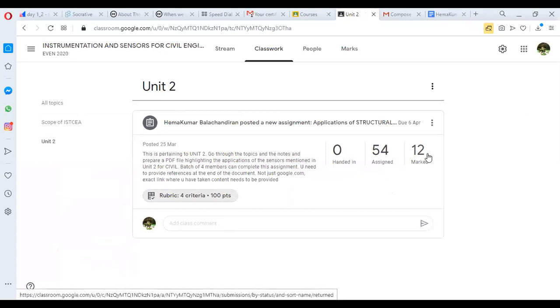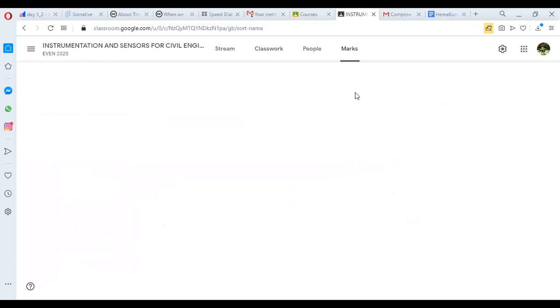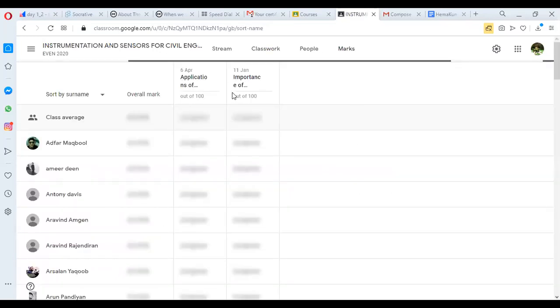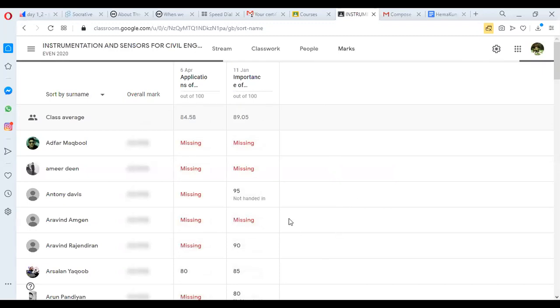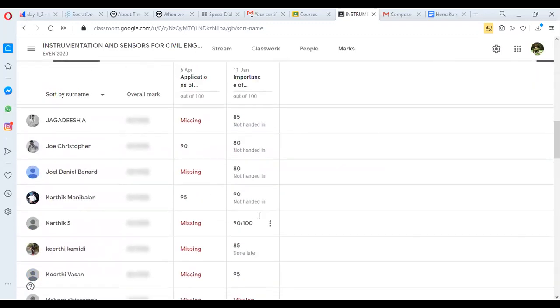54 assigned, 12 marked. Okay. So all this, and final marks will be displayed over here. So final marks will be displayed over here for each and every student who has submitted their work. Okay. Now from the student perspective,